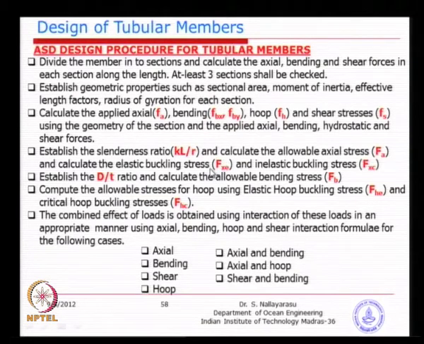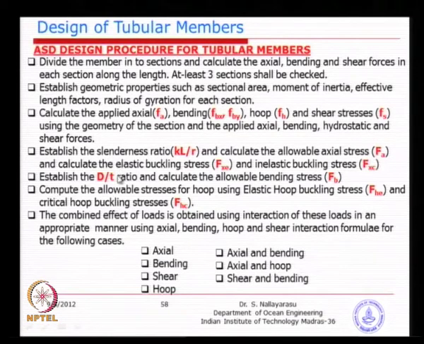We calculate the local buckling in terms of elastic buckling stress and inelastic buckling stress. Basically, instead of going to elastic, we also go slightly higher than elastic. The reason why we go for inelastic is that if you limit local buckling to elastic only, it will be very high. So, we try to go for a reduced value, and basically that formula is empirical.